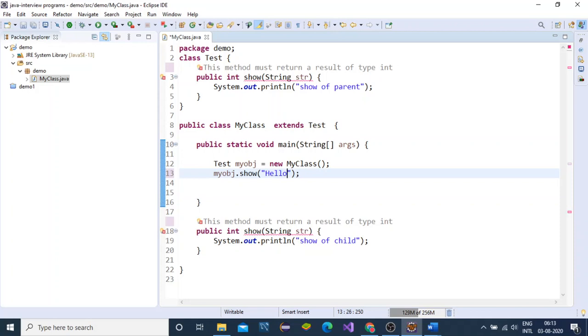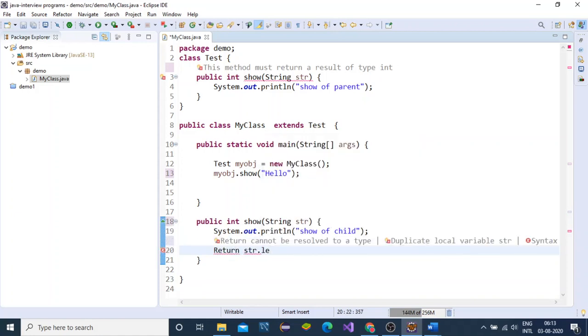What is the problem now? Okay, I have not written the return statement. Return str.length.